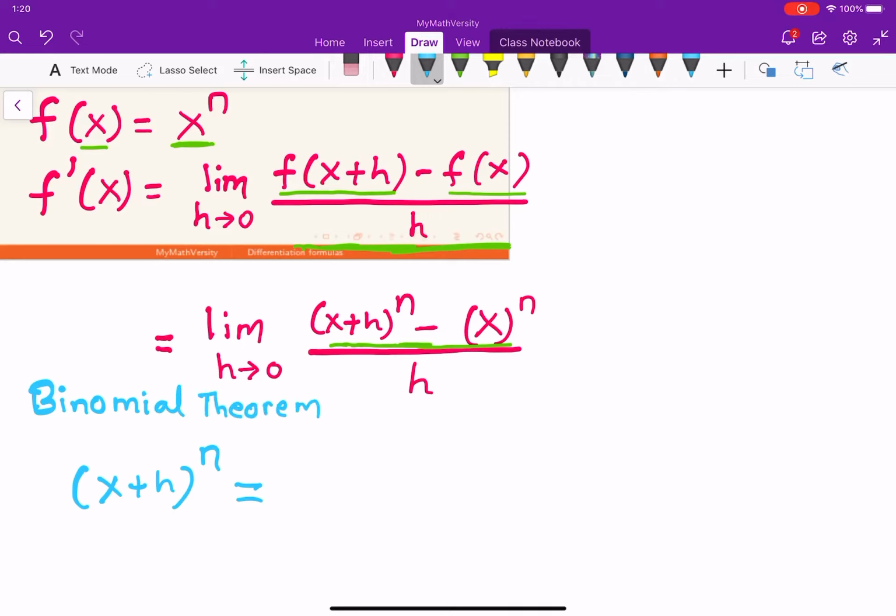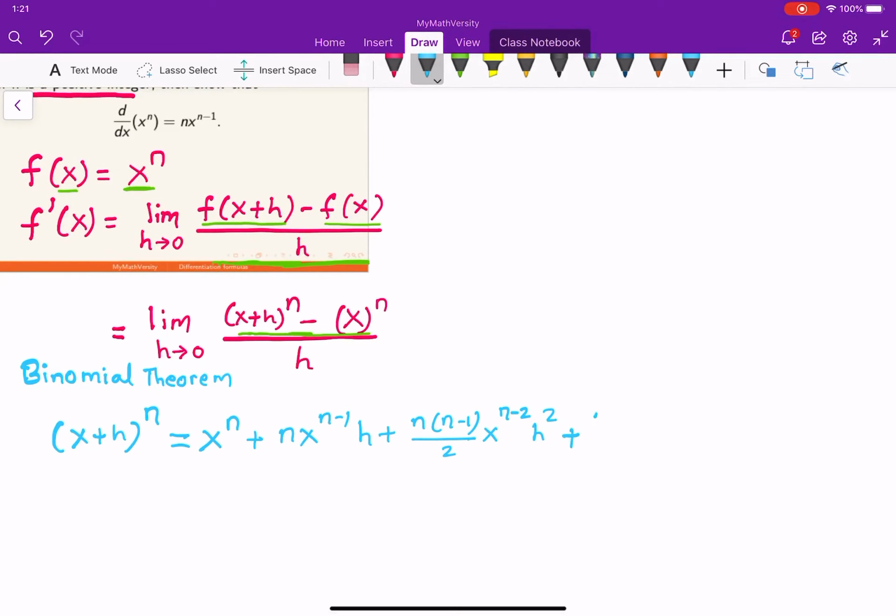So the binomial theorem says that if you have x plus h raised to the power n, then x plus h to the power n will be equal to x to the power n plus n times x to the power n minus 1 times h plus n times n minus 1 over 2 times x to the power n minus 2 h squared